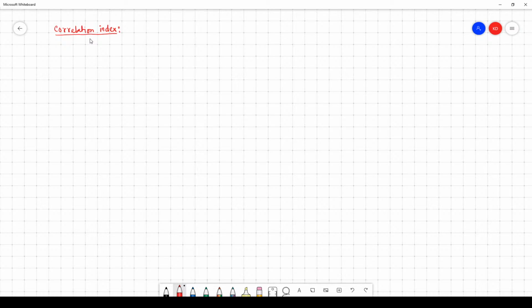So first I discuss correlation index. Yes, Pritam, we know we only use correlation coefficient when x and y are linearly related. Otherwise, for nonlinear relationship, we cannot use correlation coefficient. But this R square, which is called coefficient of determination,